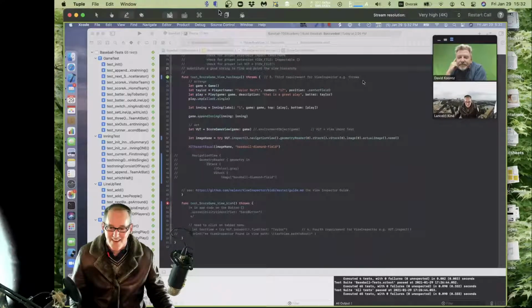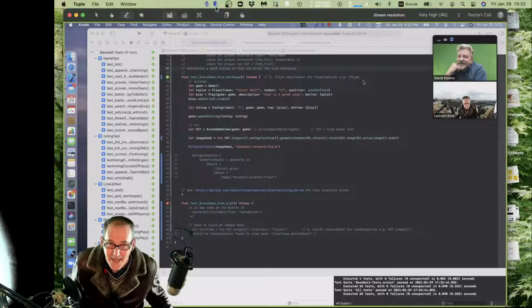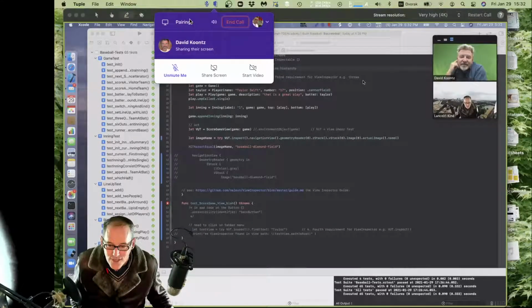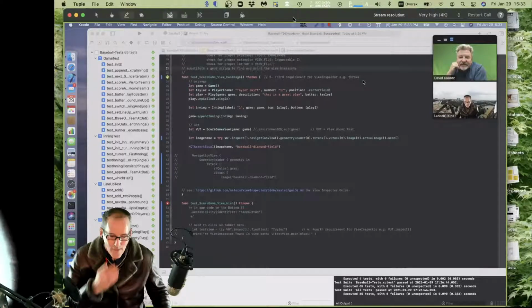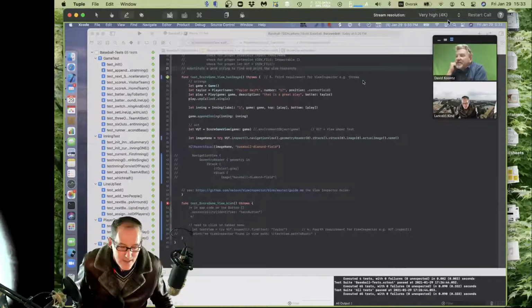Oh, there we are. There's this new thing on my menu bar. So there's Tuple. It says I'm pairing. I can end the call. There's you. There's share screen, start video. That's cool. Wow. It might take us a little bit to get used to this, but it has